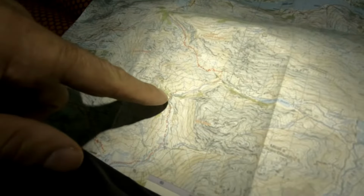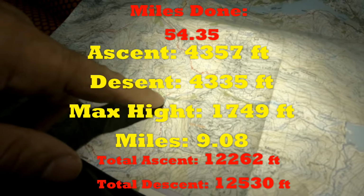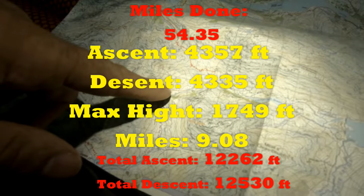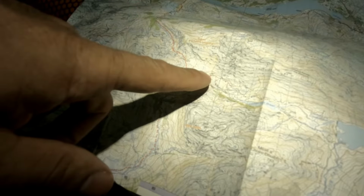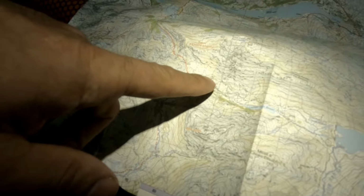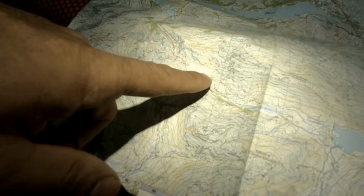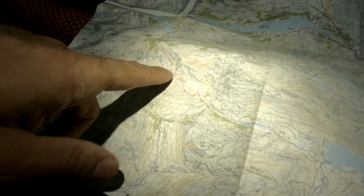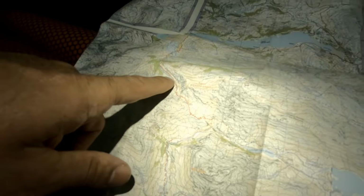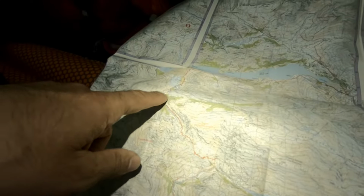So, today's journey, day 5 on the Cape Wrath Trail. We started out from around here at a wild campsite, walked along the river, then it was this steep climb up, which was pathless, to attain this other path here, through the mountain pass, and then back down the valley